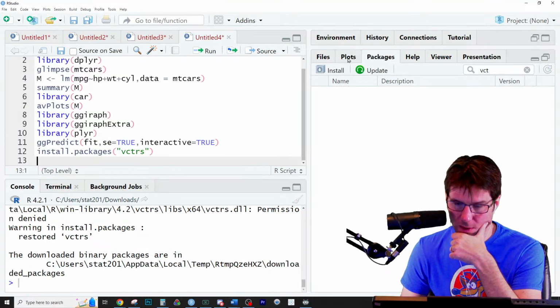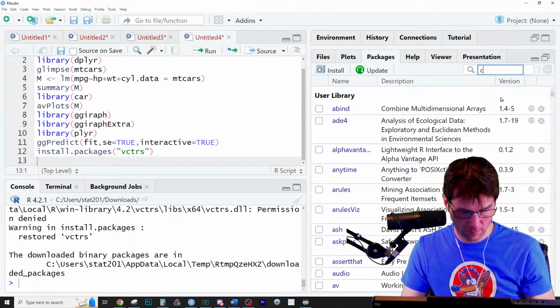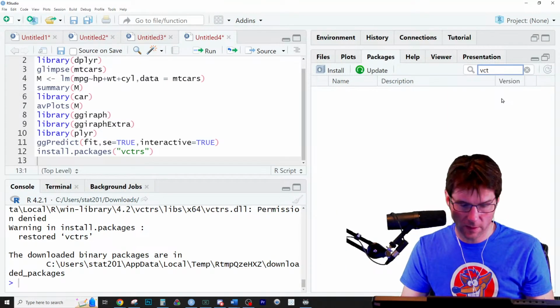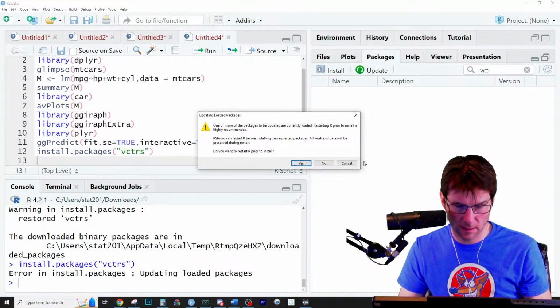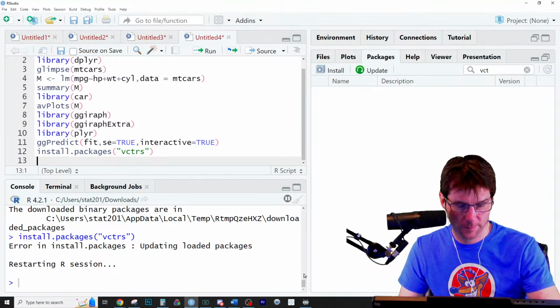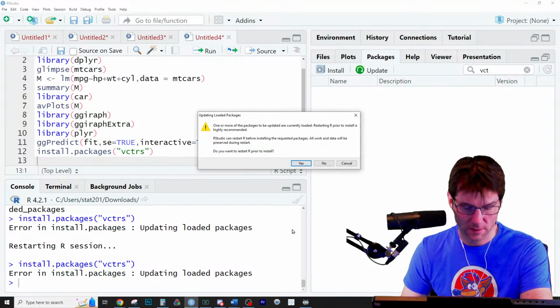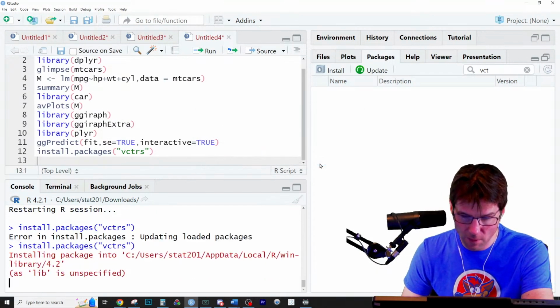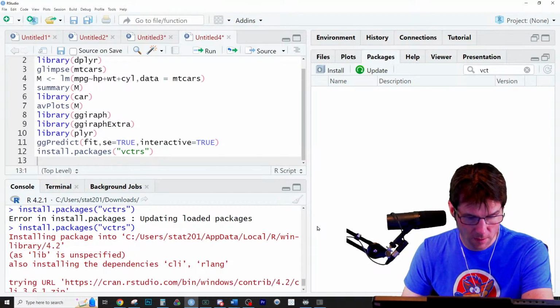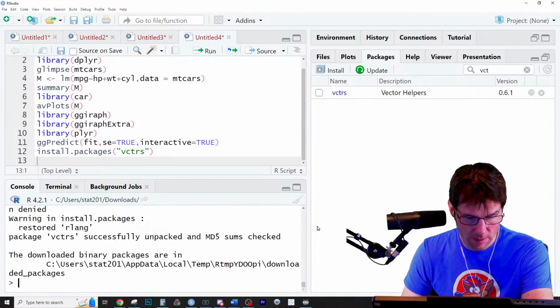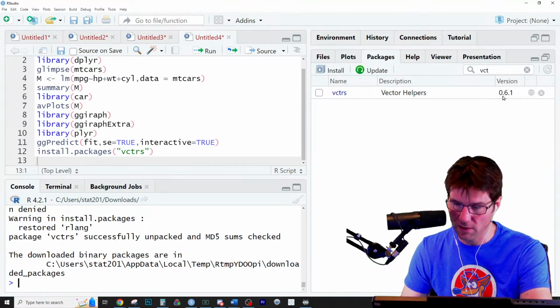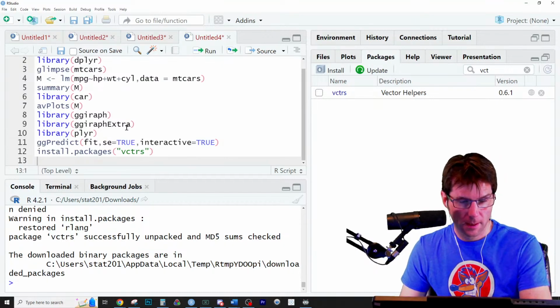Okay, so maybe it's good now. Uh-oh, might not have it. It doesn't look good. It looks like it doesn't like it. Sure, restart R. And I might have to go into R to do this. I'm getting all this stuff. Nope. Okay, wait. Installed successfully, 0.61. There we go. And so now,